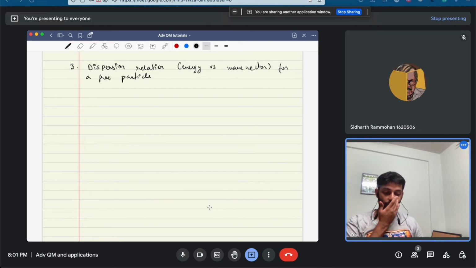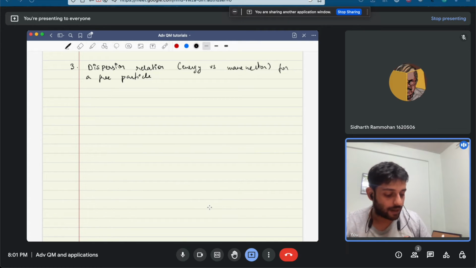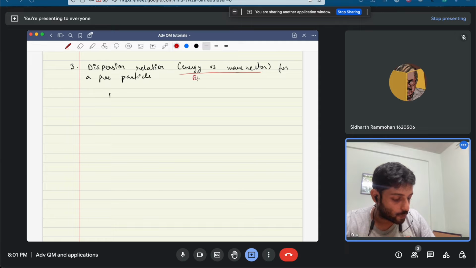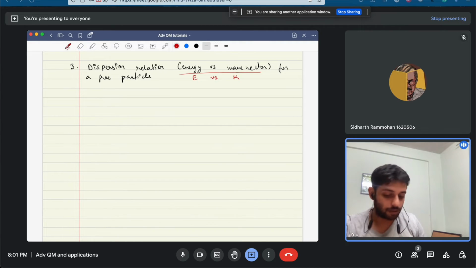Now, third question, we are going to find the dispersion relation for a free particle. So dispersion relation essentially means that we are going to find the relation between the energy versus the wave vector, that is E versus k. Now for a free particle, what we already know, as we have seen in the previous question, is that the